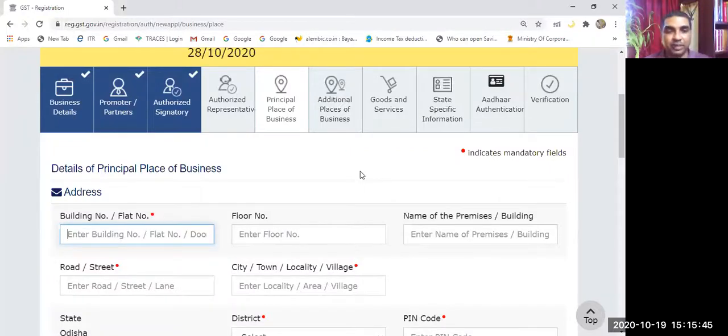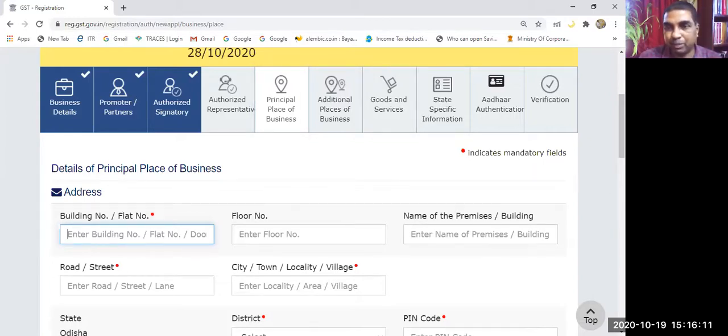Well, I got the documents. In this piece, regarding place of business, we need a proof of what the place of business is. Some address proof is required. What can be the address proof? If there is an electricity bill where the name of the proprietor is written, that is an address proof. Otherwise, a rent agreement can be shown as an address proof. So like this, address proofs are required, and that document needs to be uploaded.